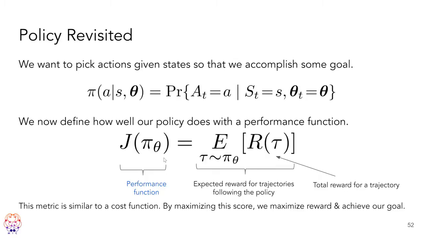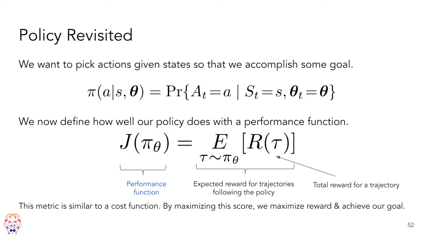We're just going to label how good this is based on what our expected return is. And we can estimate this basically by letting our agent run in the environment for several simulations and then just count how much reward it got during that time and get the average. And then that's how much it scored for its performance function.